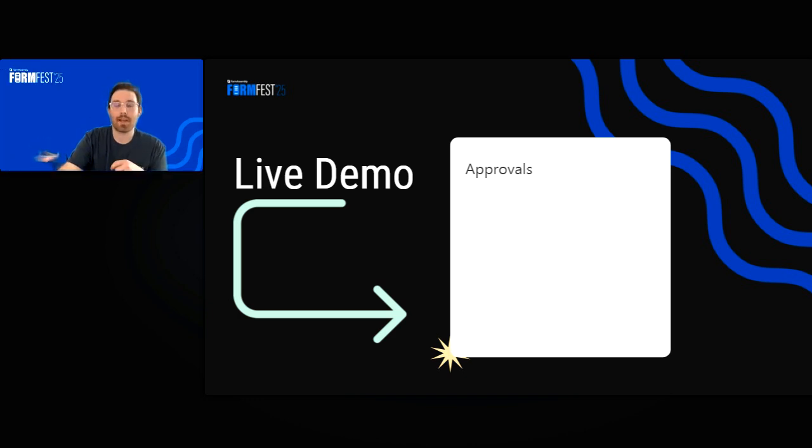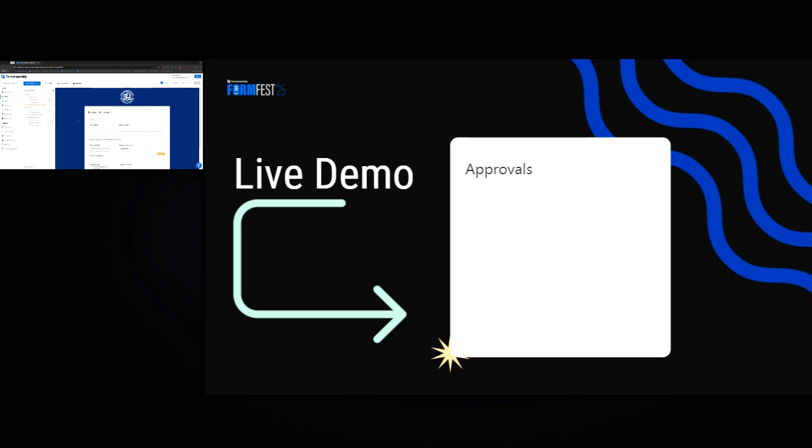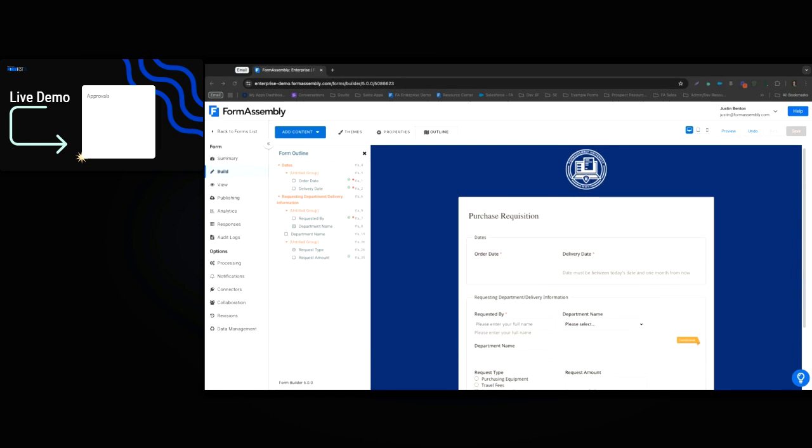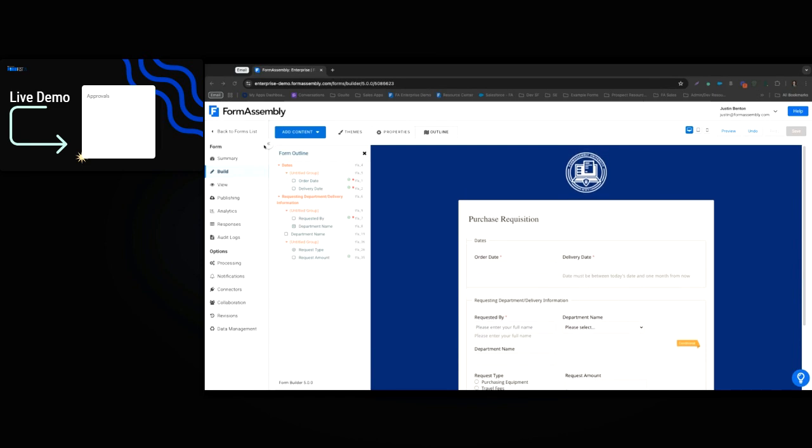And when I say the entire process, I mean we're going to start with our form and bring this into a workflow and set up that approval step together. What you're looking at now is going to be the form builder screen. This should be familiar territory for everyone. And so the first thing I want to do is take this form and set it up inside of a workflow. If I navigate back to my Form Assembly home screen,